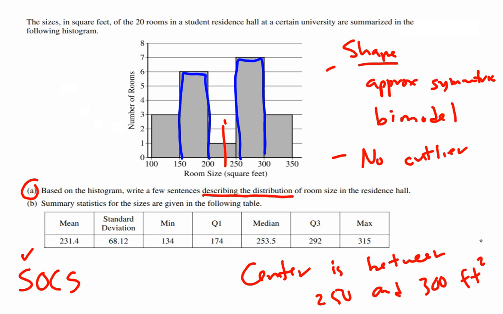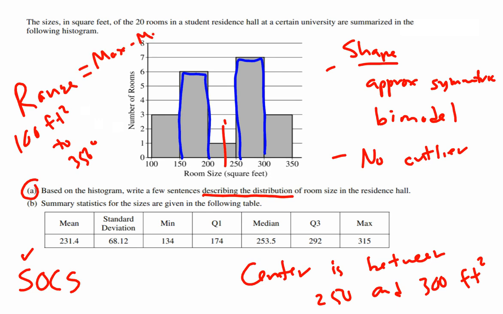When you're talking about spread, there's a couple ways to remember. One thing you might want to talk about is range. Maybe a reasonable thing to mention here. You can say that the sizes of the rooms range from, say, about 100 square feet all the way up to 350 square feet, or total range. Total range is, by definition, usually max minus min. So you might want to say it's approximately 250, but there's no guarantee, because with histograms, if we look at this bar here,